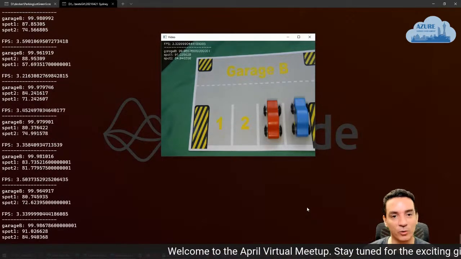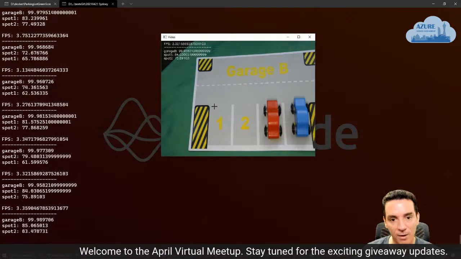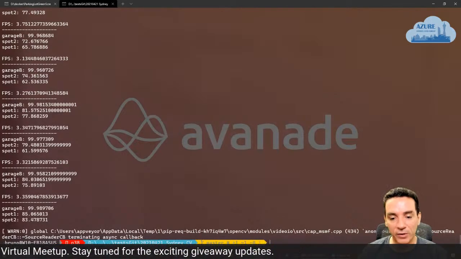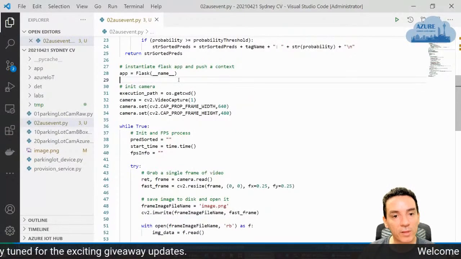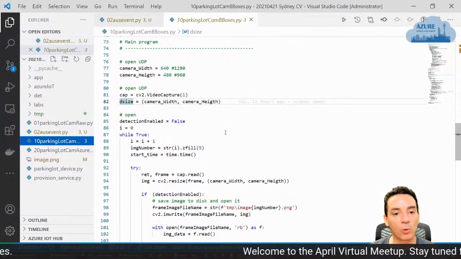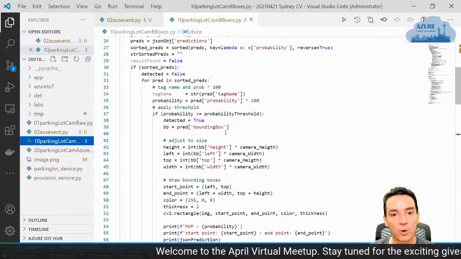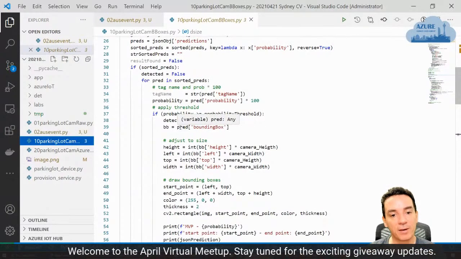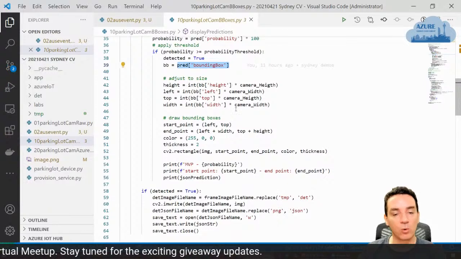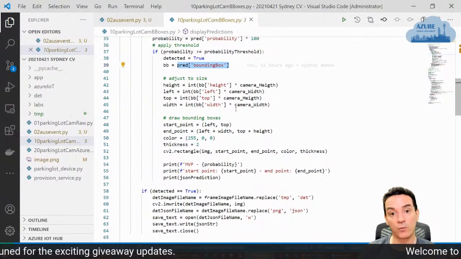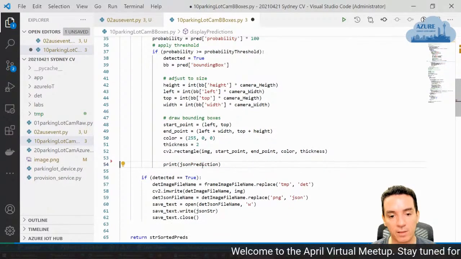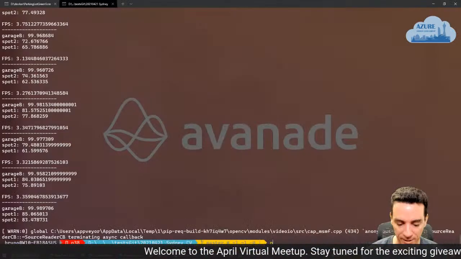I am working also in 3 frames per second, but I also created a different version of this, which instead of showing the probabilities of what we find, I am drawing the bounding box. So here, once I have the probability, I pick up the bounding box, I pick up the JSON that we have, do some calculation to adjust the size of what we find, and I draw the bounding box here. Let me delete this MVP, delete this.